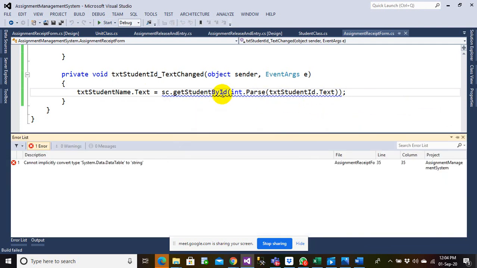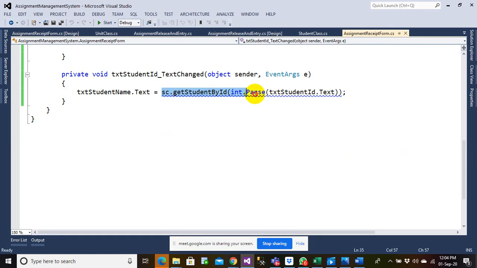There is an error. Let me see what the error is. Okay, I'm having an issue here. Let me see what the problem is. Actually, this will not be like this.